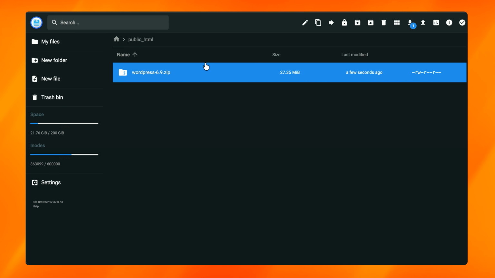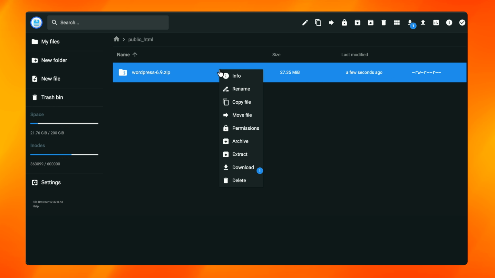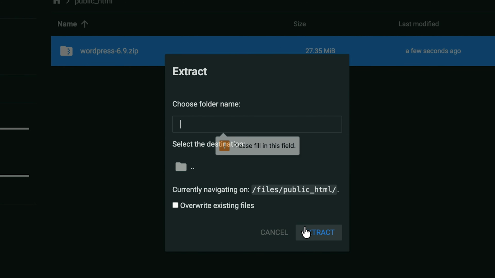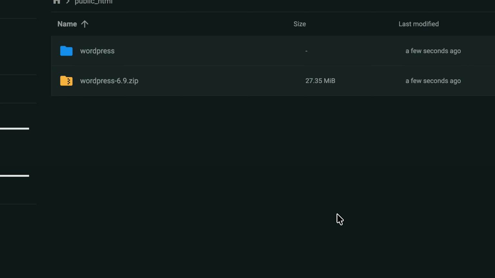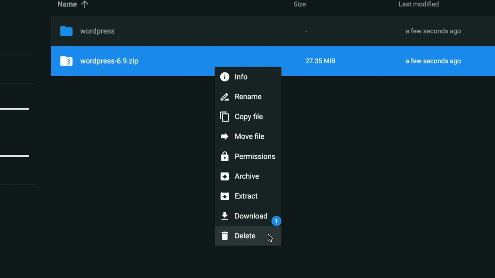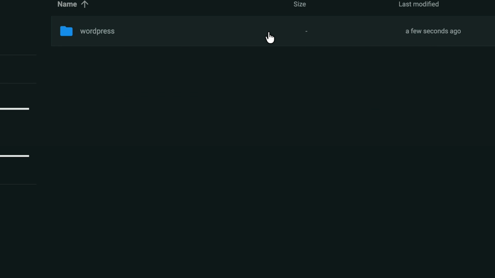Now this is the file that we wanted to upload. Now the time is to extract this file, and we will just extract it here. I will just name this as WordPress, and yeah, it is extracted. This is the file that we had, but we no longer need this file, so we can just delete that,